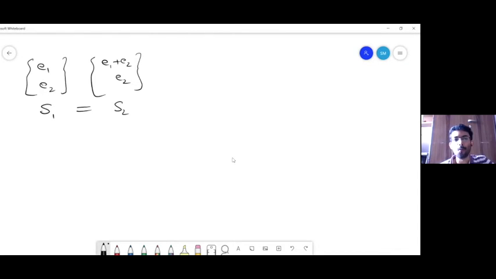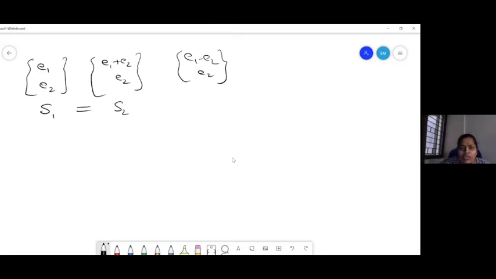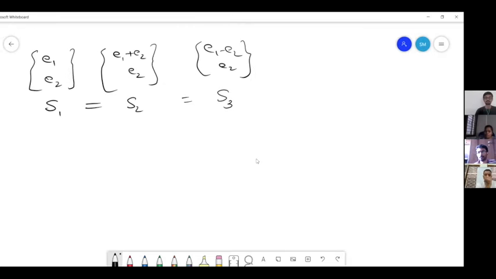So now what if I take E1 minus E2 and E2? E1 minus E2 is the same as E1 plus E2, but before that you multiplied by minus 1. And that we've already seen doesn't alter the solution. So again the solution space is unaffected. Okay. So can we generalize and give an operation that will preserve the solution space?